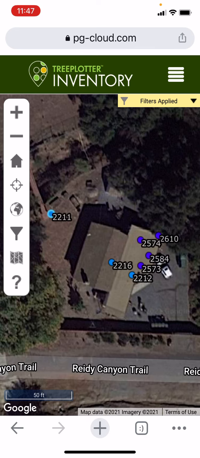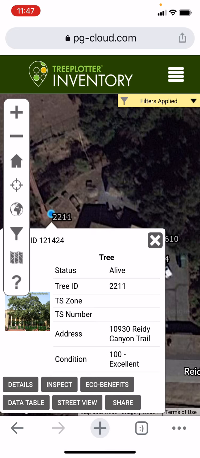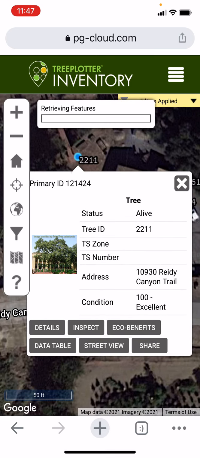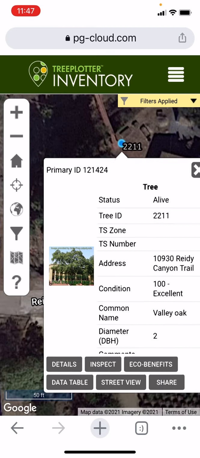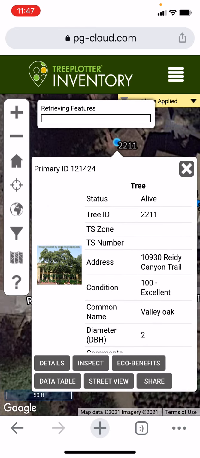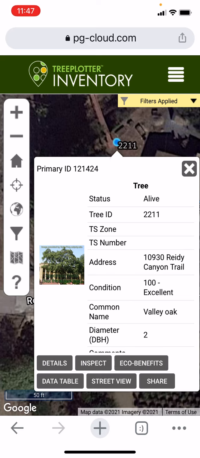Okay. The next step is to take a picture and take a look at the tree. So let's go ahead and click on that tree. This little pop-up box comes up. Let's go ahead and hit details. Oh, before I hit details, when you take a look at this, you can see the picture. There is a picture of a tree there, but that's a specimen photo. It's not the actual tree. And you'll see the difference once we take the actual tree, but that's just a specimen photo, so don't be